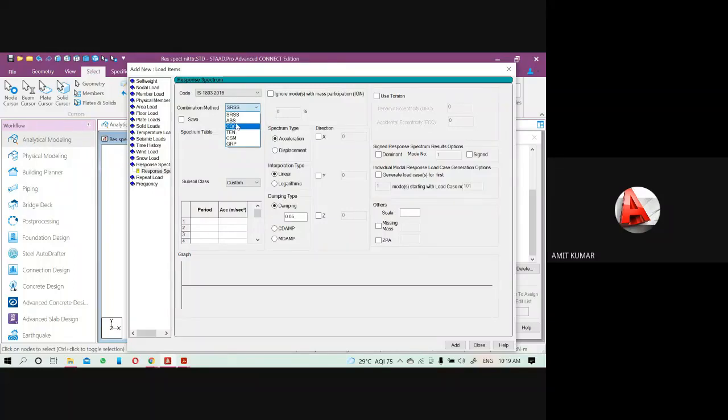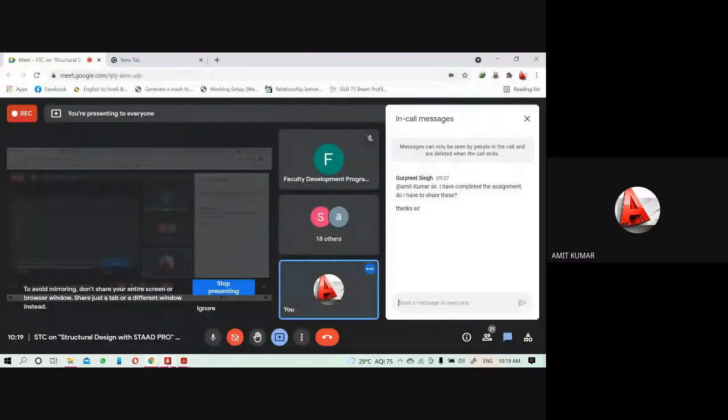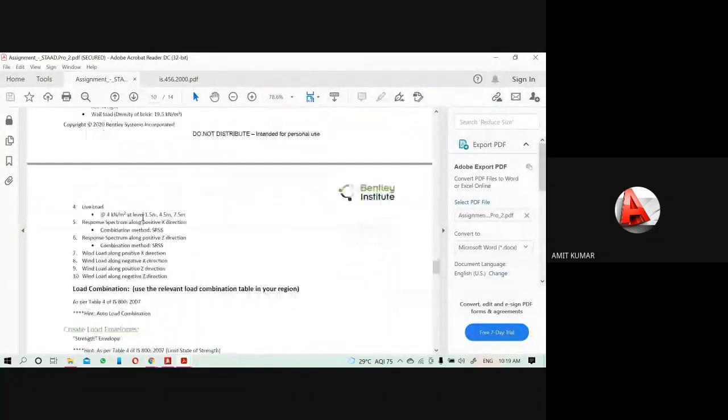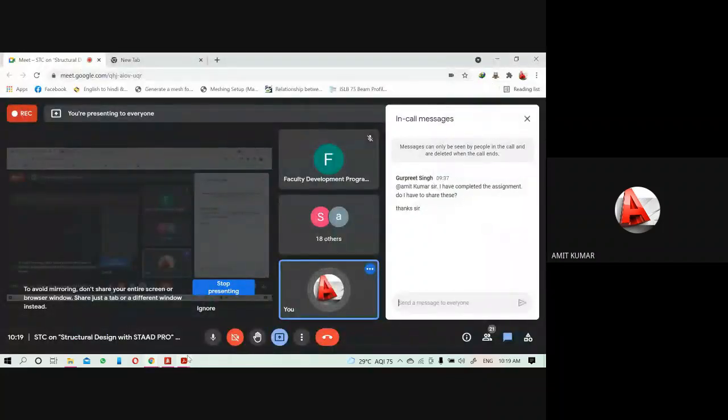Okay, so we have to use the SRSS. So I will pick the SRSS method as it is suggested. Under the assignment, you can see they are asking to use the SRSS method. Okay, so I will pick the SRSS method here.